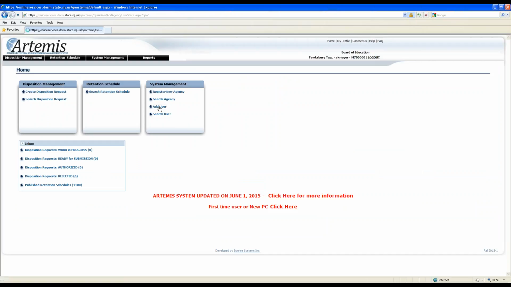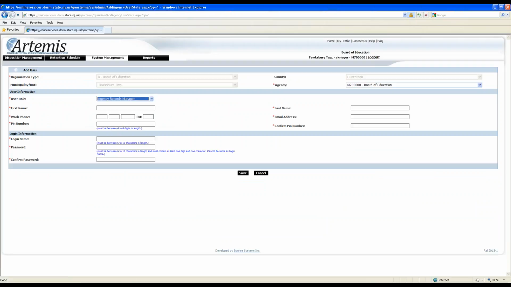Now, since you first got into the system, you registered as a records manager. What I would recommend is that you have at least one other records manager set up for your organization as a backup. So in case you're on vacation, you're out sick, somebody else has to manage the system, you should have at least a second records manager set up for your organization. You could have more, you could have 3 or 4. I wouldn't go crazy and set up everybody as a records manager because, like I said, being a records manager gives you some additional things you could do within the system.